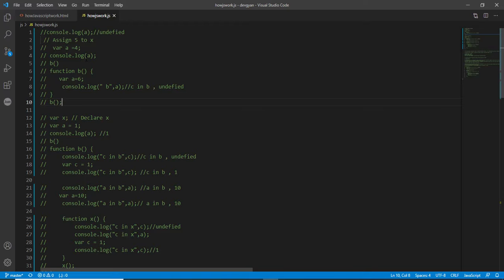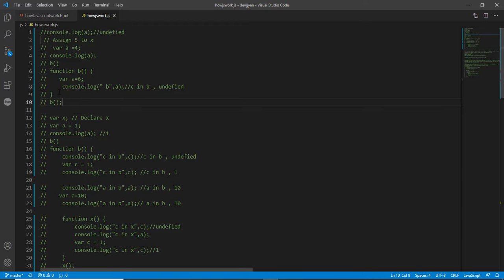So what will be the value of the variable? The initial value of the variable will be set to undefined, and the function will be stored as it is. What is the code of the function? Whatever functions it has, it will store all the function data, or it will store the reference of the functions.